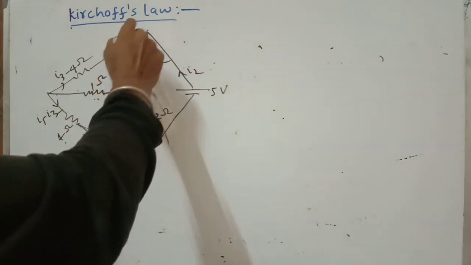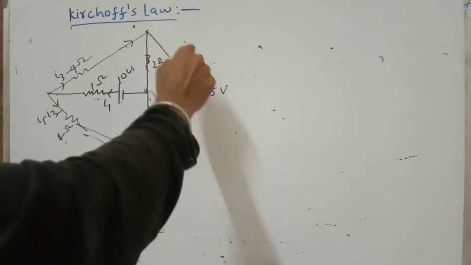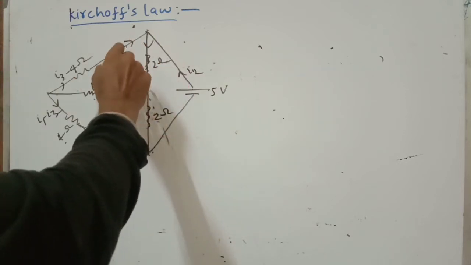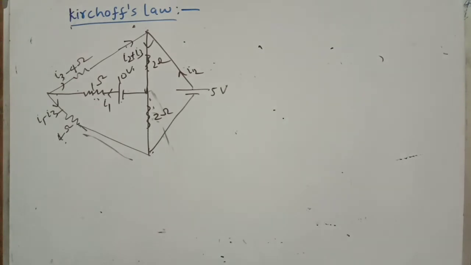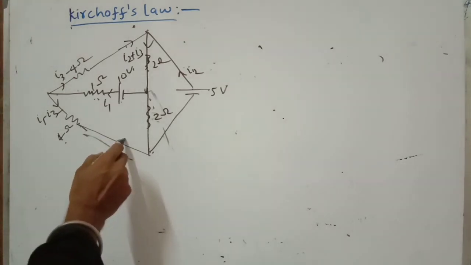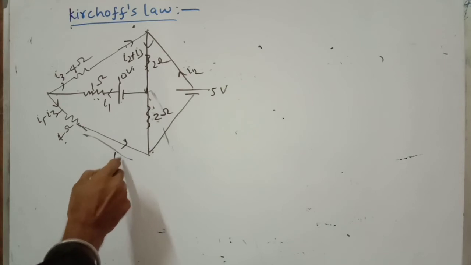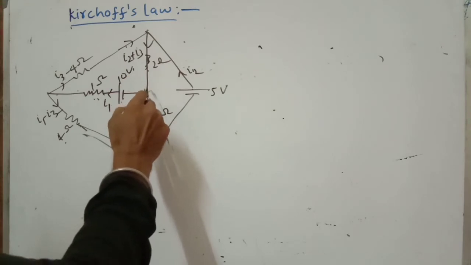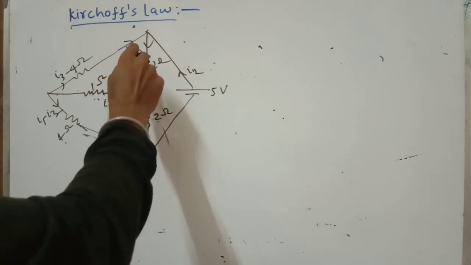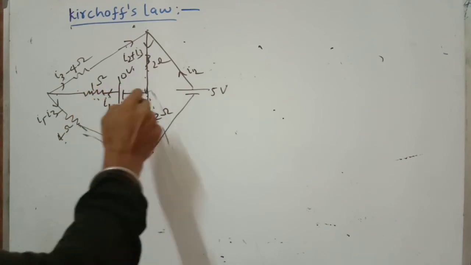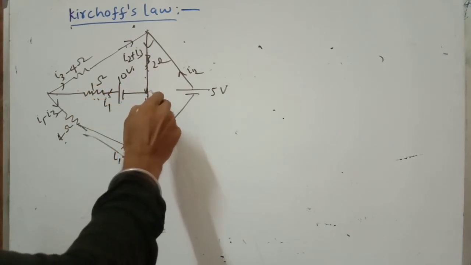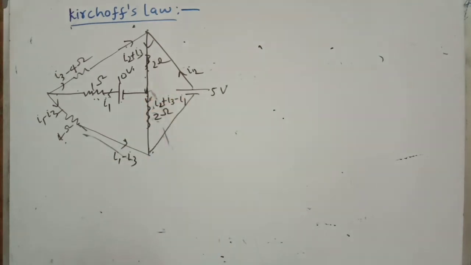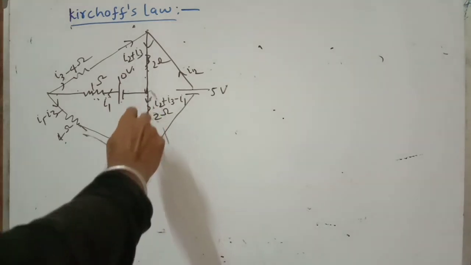Now here I3 is entering at this junction, I2 current is entering at this junction, so here the outgoing current is I2 plus I3. Now from here, what should be the current here? I2 plus I3 is coming and I1 is outgoing. So we can write here I2 plus I3 minus I1. So that is the net current passing through this 2 ohm.